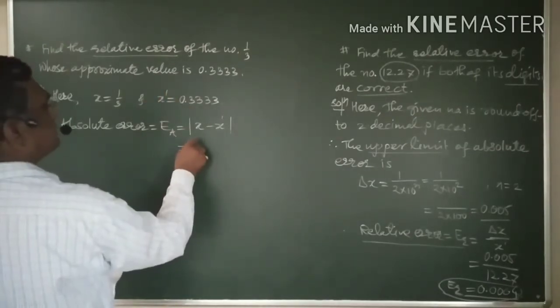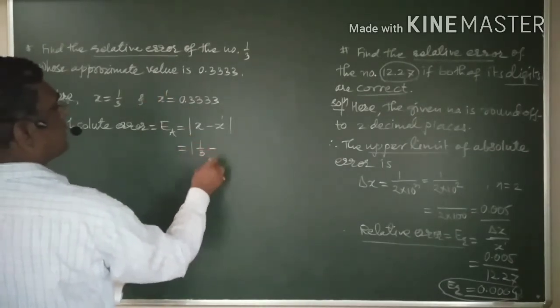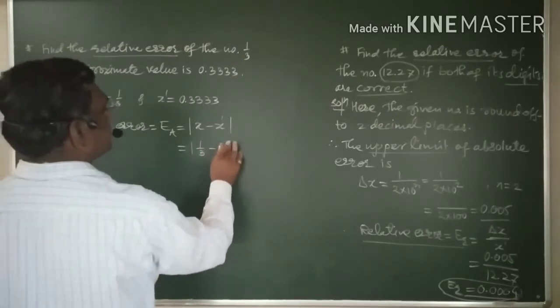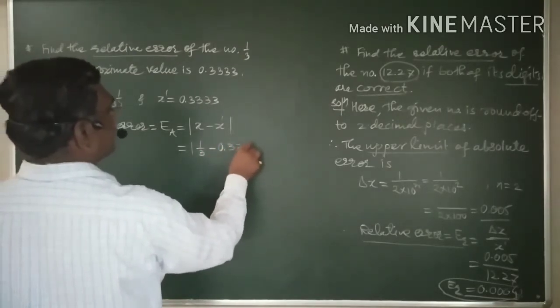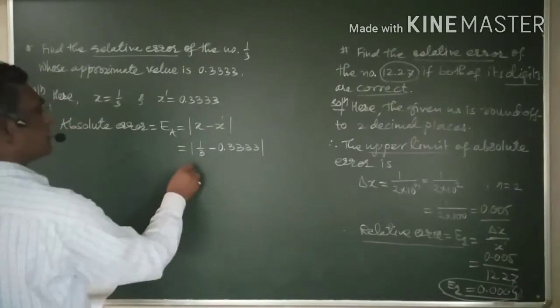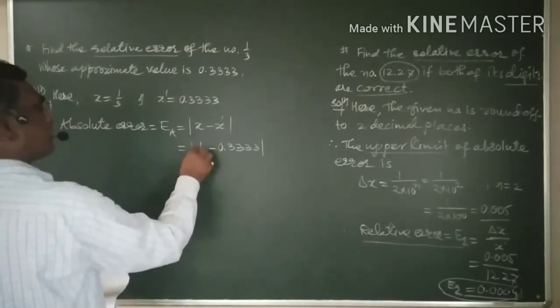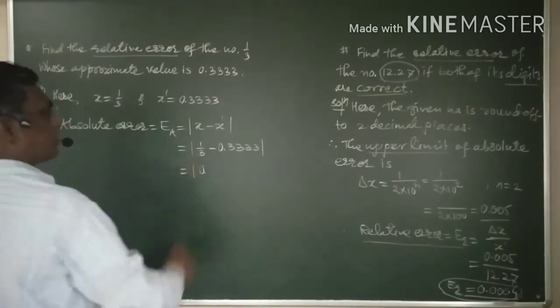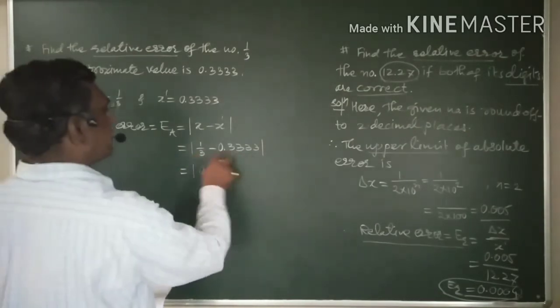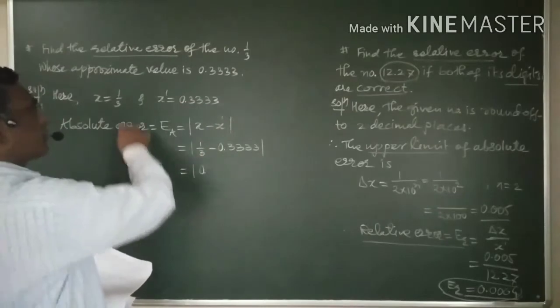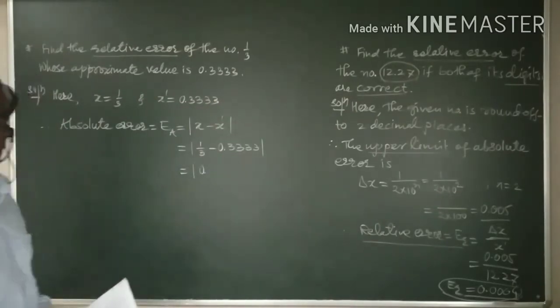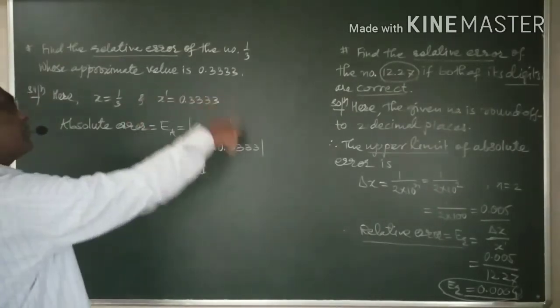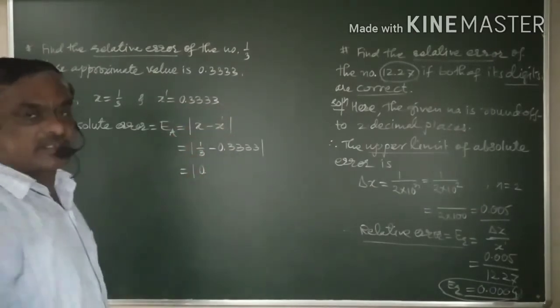Yes, 1 by 3 minus 0.333 and 3. Well, this is equal to, you can find out, one. How much is it? 0. Yes, this is what you have. Now, if you are going to use this formula, here again, what is happening that we want to consider.